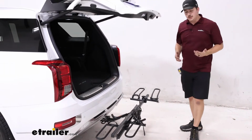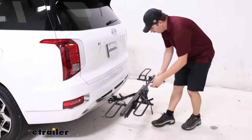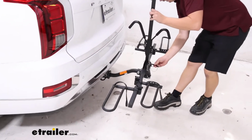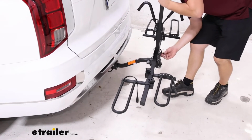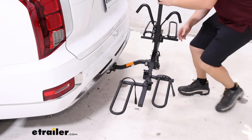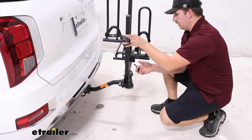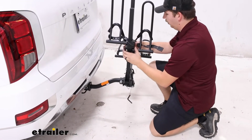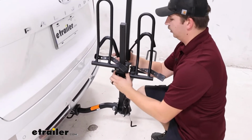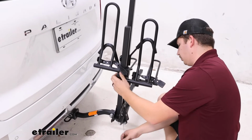One other thing you can do is actually fold up the sides of the bike rack. That doesn't have too much of a purpose when it's on the vehicle like this, but for storage in your garage, it's actually really handy. So I'll fold up the mast here, and you can see we've got these pins on the side. Fold these up, and depending on where these cradles fall, they might make contact with the hooks. So I'm just going to move them around a little bit so that we can get those holes to